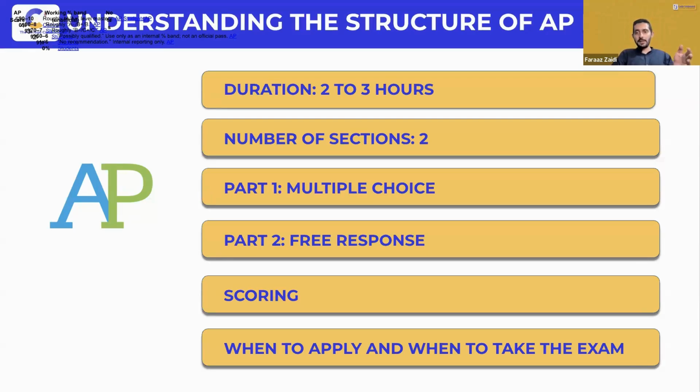Your preparation time could run anywhere from September or October, whenever you've decided on your AP, all the way up till April. Then mid-May is when you'll be taking the exams for the APs themselves. And by July, you could expect the results to come through, normally around the early July time period. So that's the overall structure of an AP.